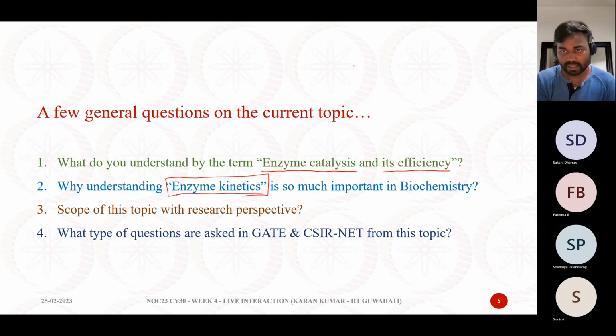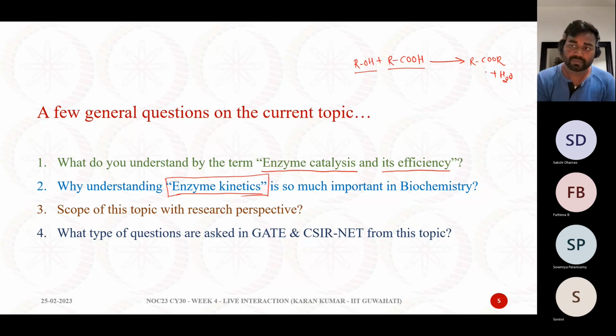Esterification reaction is nothing but alcohol ROH plus carboxylic acid, it will give you RCOOR and water, right? When this reaction is happening, alcohol and carboxylic acid molecules are reacting and they produce ester molecule and water